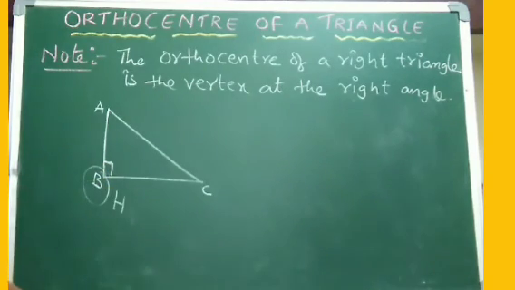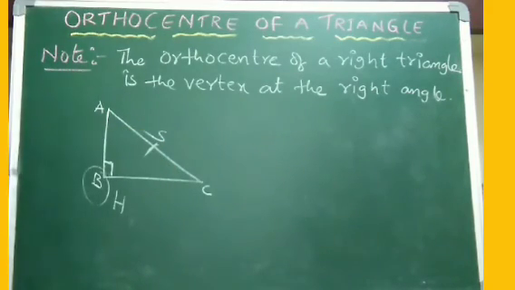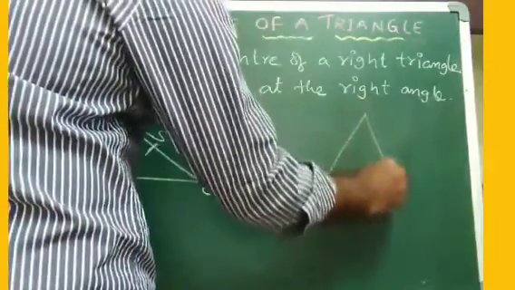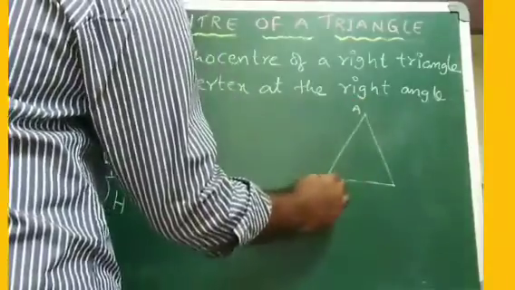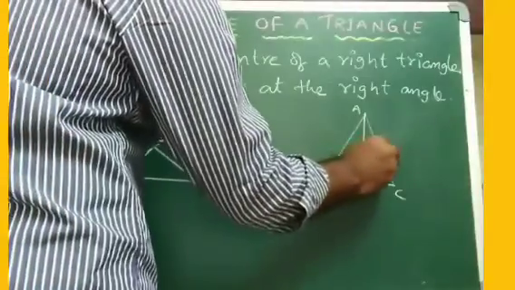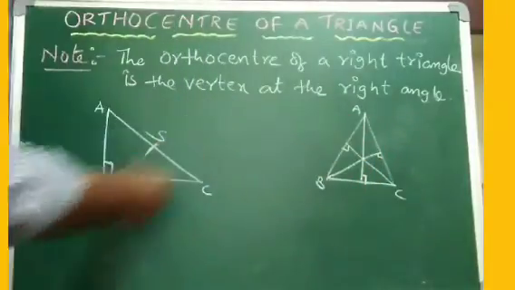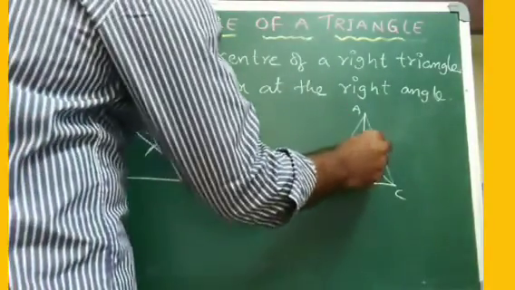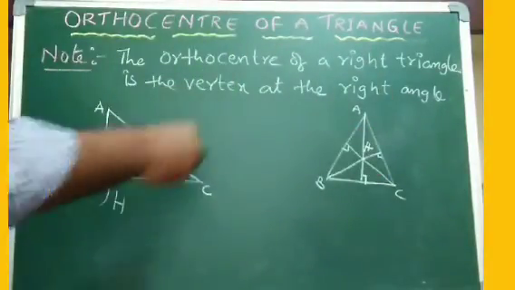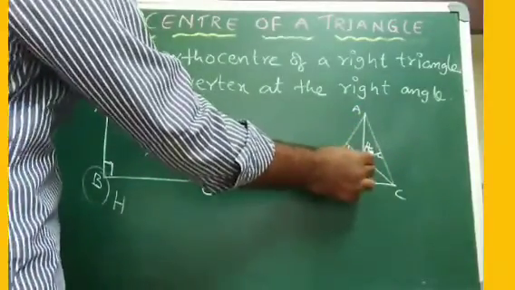is the orthocenter. Then do you remember in the last video we discussed the circumcenter. The circumcenter will be the midpoint of the hypotenuse in case of a right angle triangle. Now in general, if ABC is a triangle, let us draw the altitudes, nothing but perpendiculars from vertex to the opposite sides. Hence the point of concurrency of altitudes is known as the orthocenter, which is denoted by H. In general, H is the point of concurrence of altitudes, which lies inside the triangle.